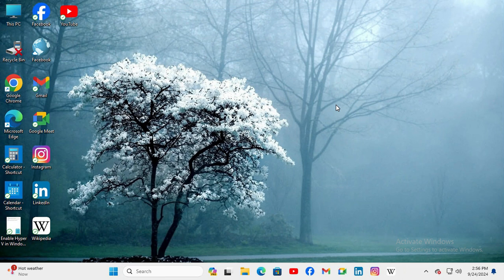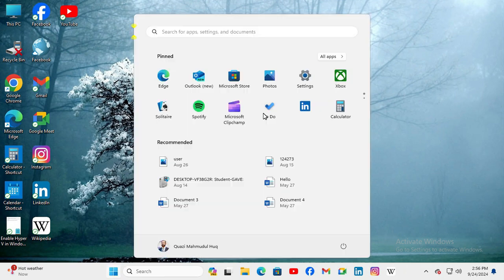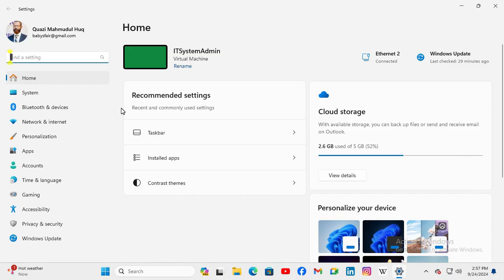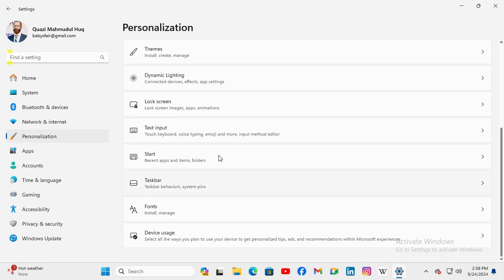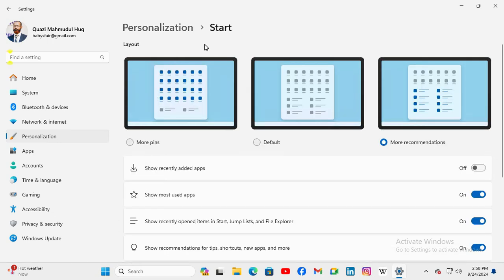To change start menu layout to more pins on Windows 11 computer, click on start menu. Now click on settings. In left pane, click on personalization. Now scroll down and here you will find an option start. Click on start, and under start the first option is layout, and in layout more recommendations is selected right now,